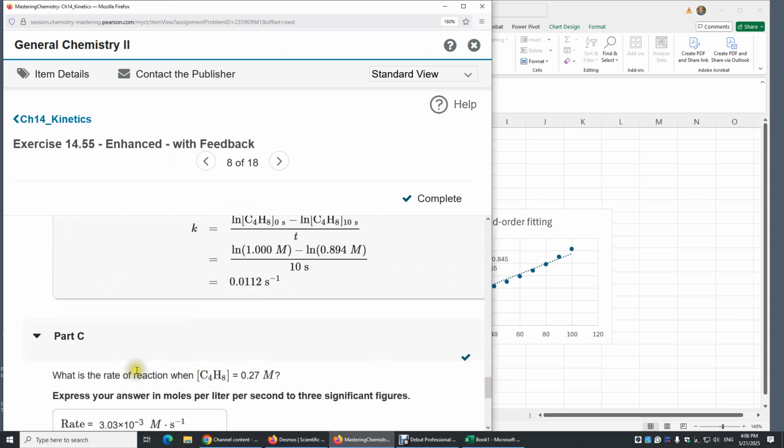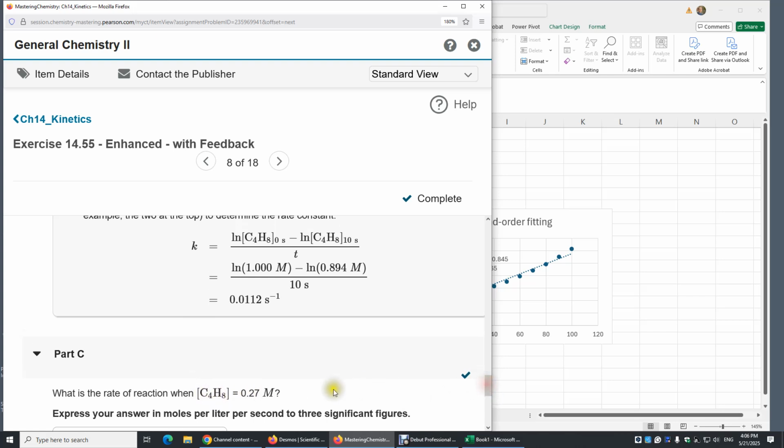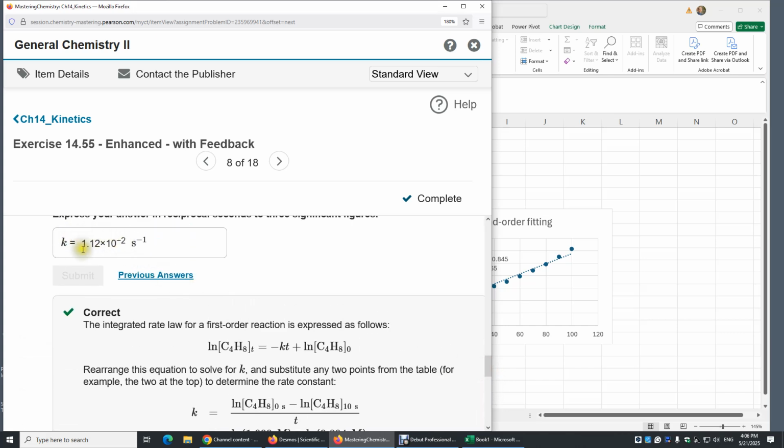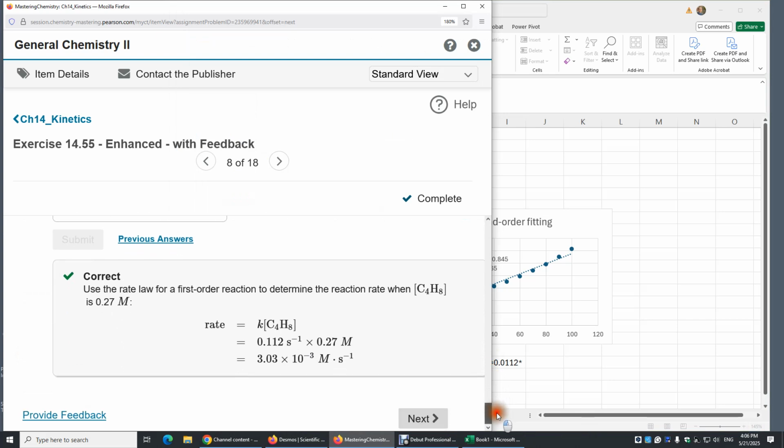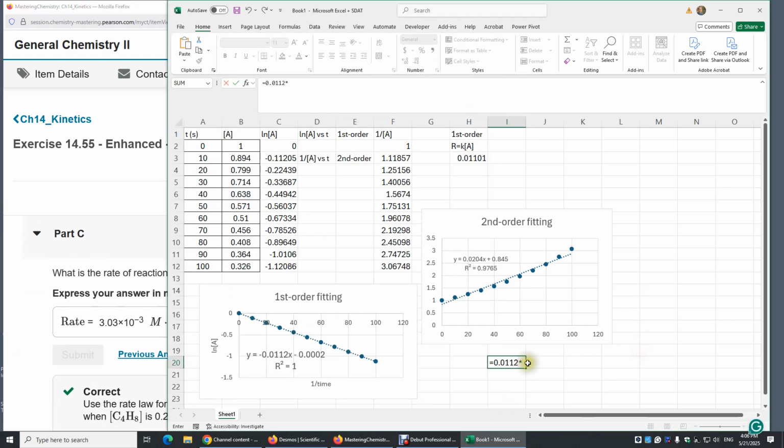Part C. What's the rate of reaction when the concentration is this. This is really simple because the reaction rate is K times the concentration to the power of 1 for a first order reaction. And we have K here, 0.0112. So we can use Excel to do the calculation. Alright, that's K multiplied by the concentration. The concentration is given to us in part C. It's 0.27, so just 0.27, and that's it. We're done. We get the reaction rate